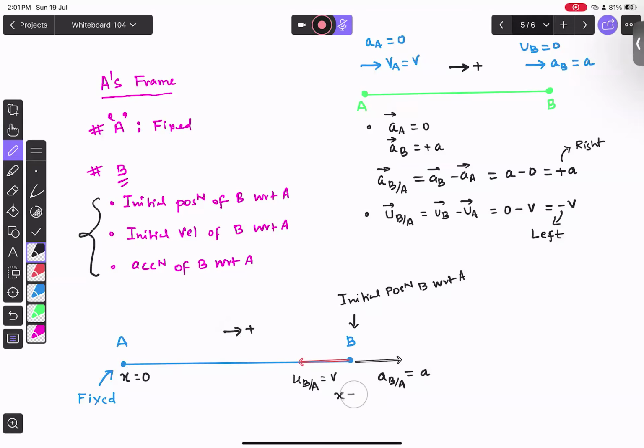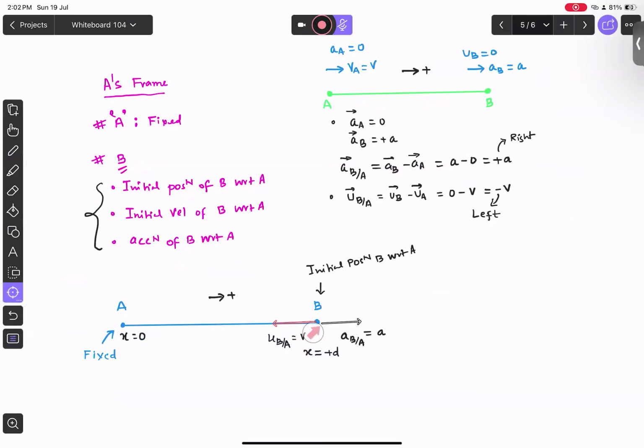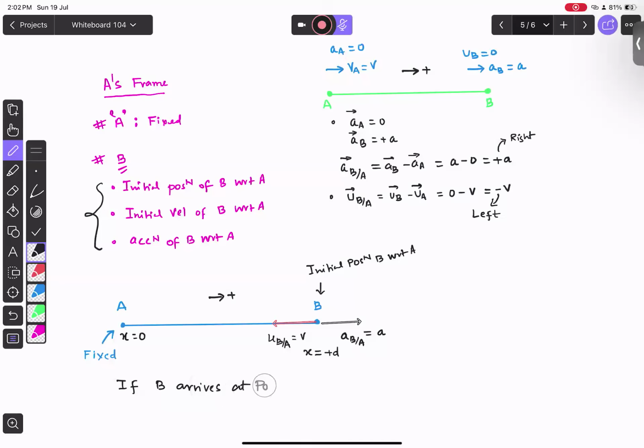So at point B, the x coordinate you will be giving will be plus t. So B is the only moving particle, A not moving. And if B arrives at the place of A, then I will say A and B are going to meet with each other. If B arrives at the position of A,